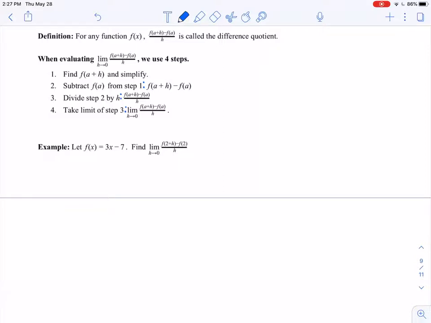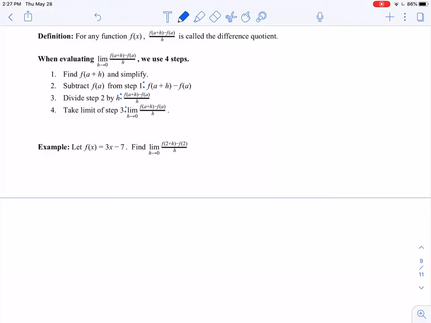In this video, we're going to take a look at difference quotients and how to evaluate the limit of a difference quotient, because this is a really important idea in section 2.4. There's an argument you could make that this is the most important idea in this whole class, so it's really important that we get a good idea. In this section here, we're just trying to get a bit of practice working with difference quotients and evaluating limits